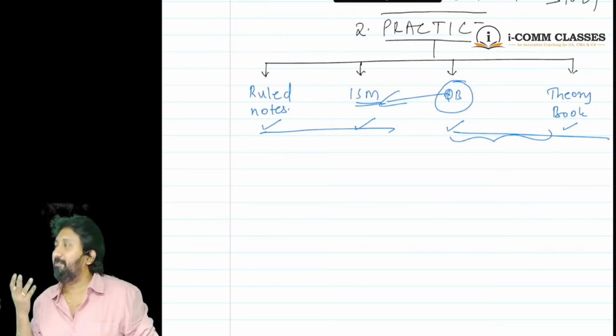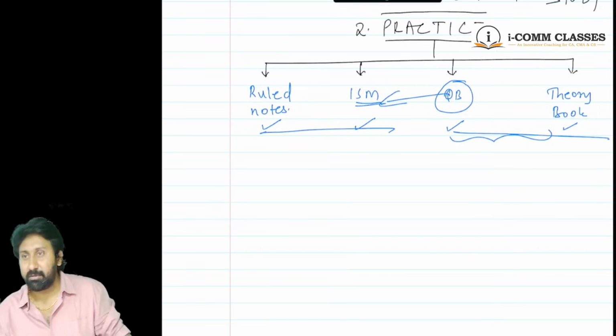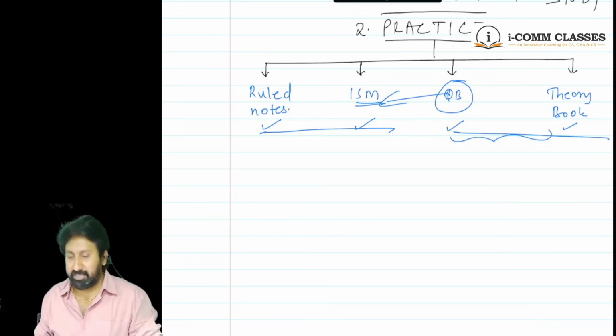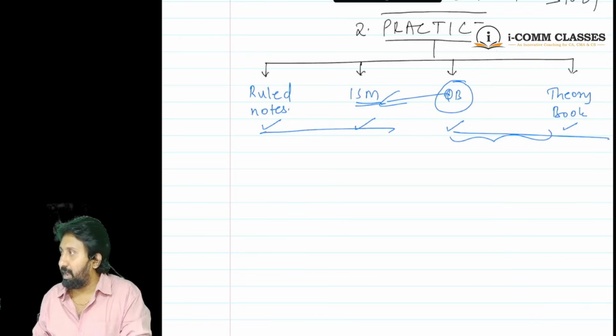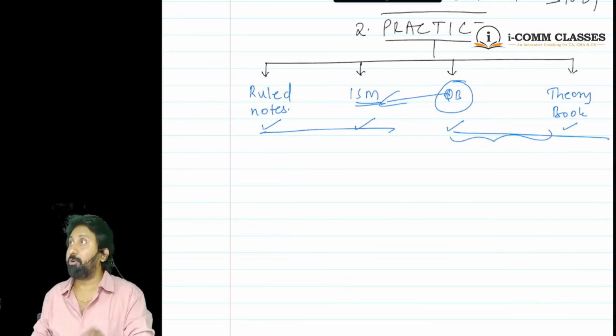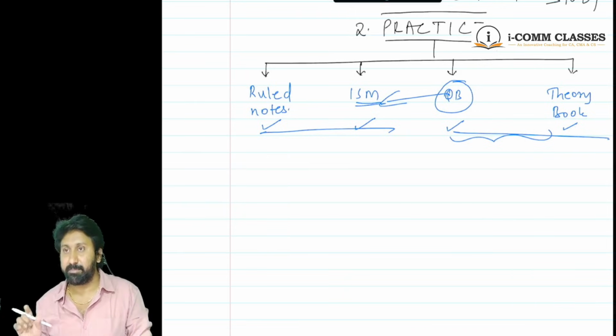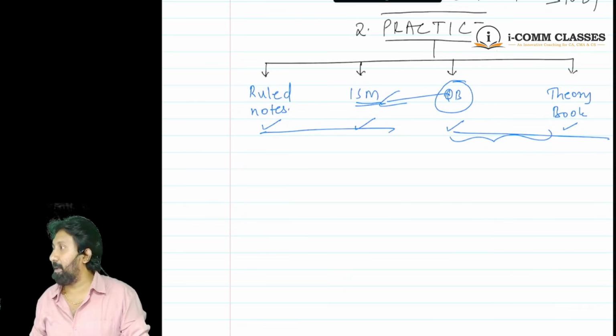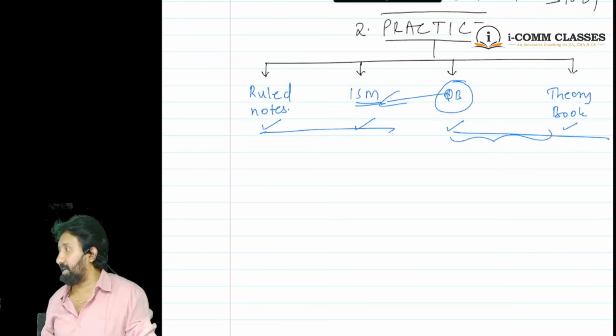In simple terms, we will avoid repetition. See, one model of question is done. What is the point of doing 5 questions in the same model? It is a waste of time, only to show that I have done 500 problems. So we will do only quality questions in the class.